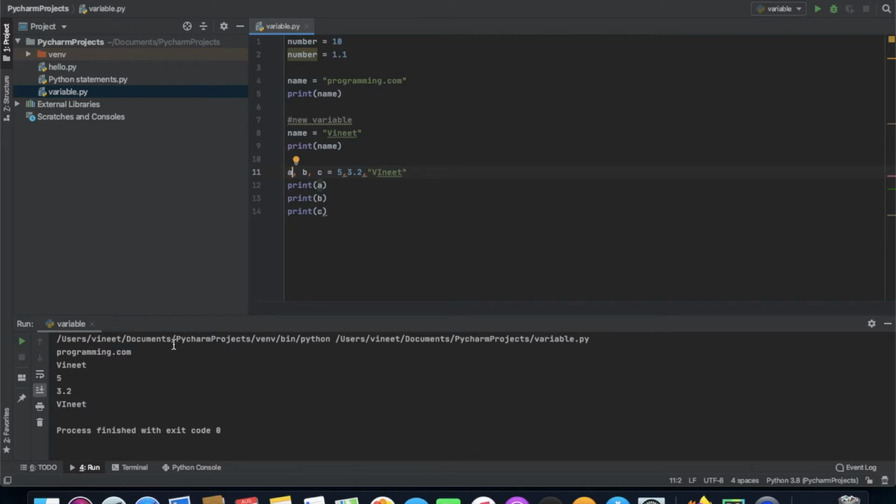So in this way we can assign multiple values to multiple variables. In this variable topic, we will be talking about this much only, because there is nothing more to know. The main concept is how we can assign a value to a particular variable.